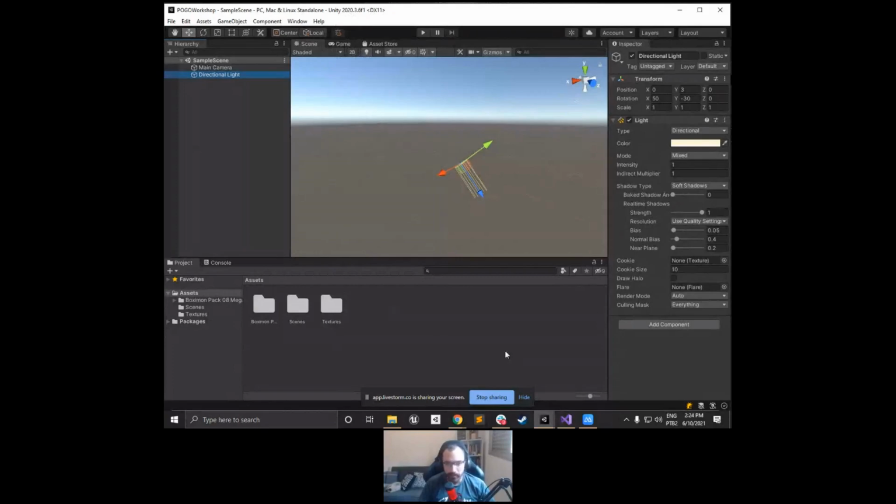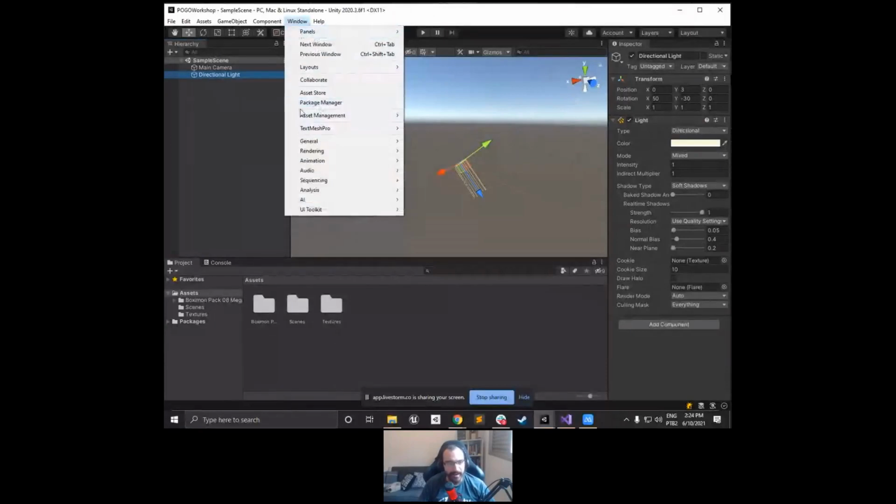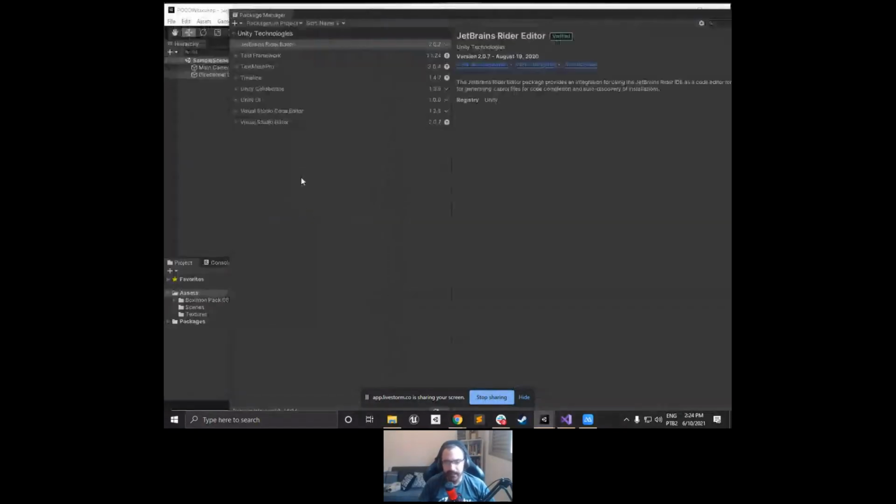Cool. So now let's start preparing this project for AR. As I mentioned, we are going to be using AR Foundation, right? So I need to import AR Foundation here. The way we do it is using the Package Manager, or the Pac-Man for the friends of it. So we're going to go to Window, Package Manager. The Package Manager is basically a system in Unity that allows us to install additional things that don't come with the engine. Basically because not everybody's going to be developing AR. So why do they need to have AR Foundation? They don't. We just go there and